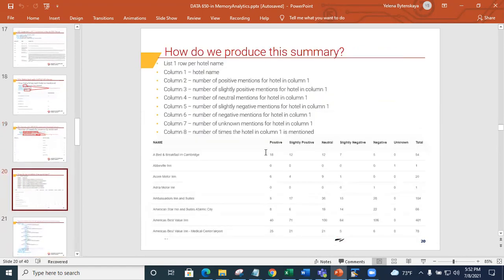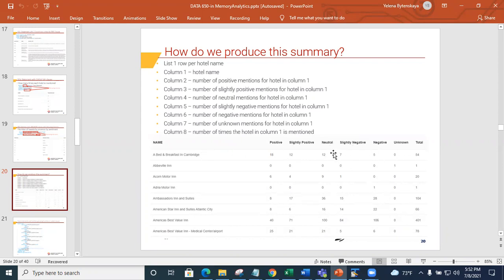And this is the fun part. What I wanted to see here is 1 line per hotel, and then the counts for that specific hotel: how many positive posts, how many slightly positive, how many neutral, and how many slightly negative, right?